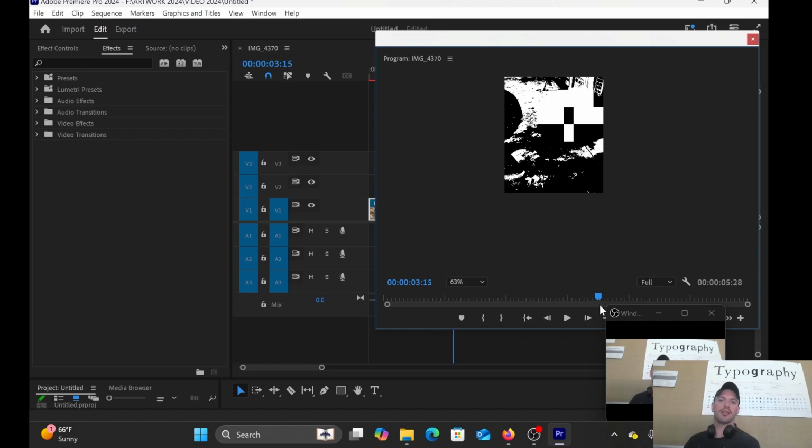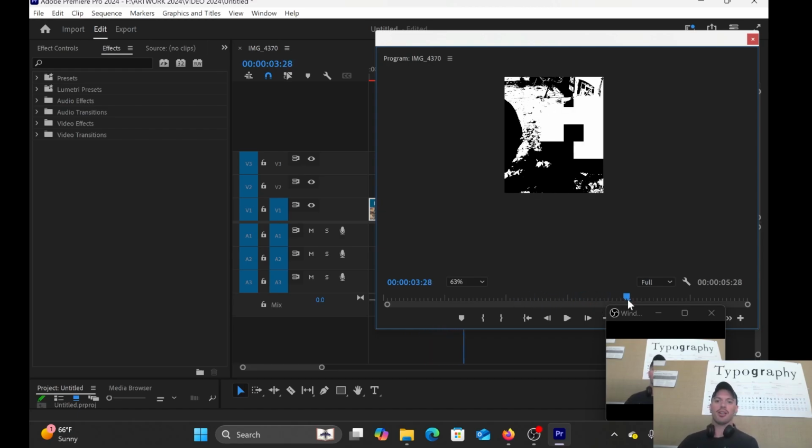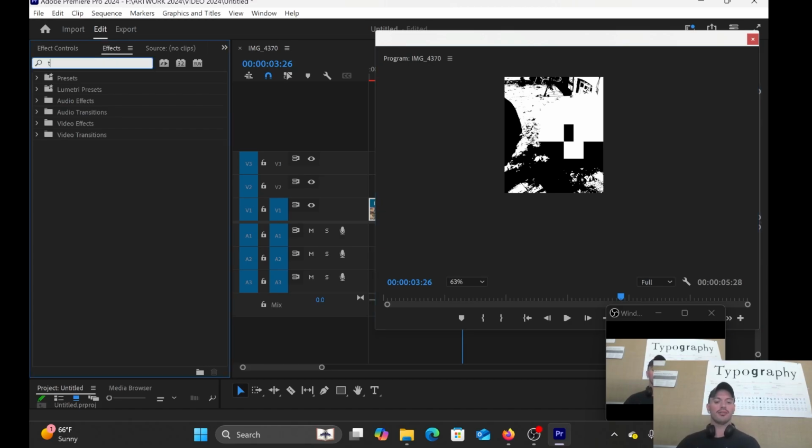So I have like a pixelation. We have all of this going on. It's threshold. We did this before in Photoshop. We're gonna go back into the effects panel, and we're just gonna look up tint, kind of like how we changed the colors in that project before with our characters. We can do that with